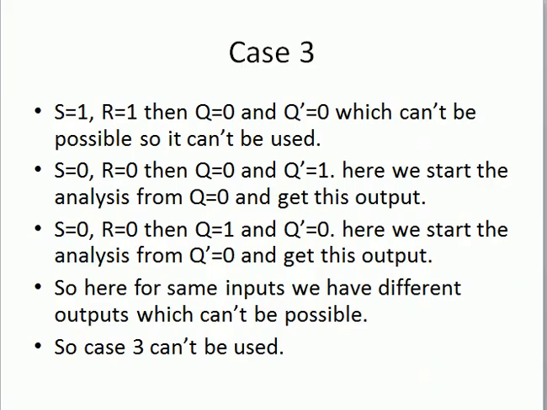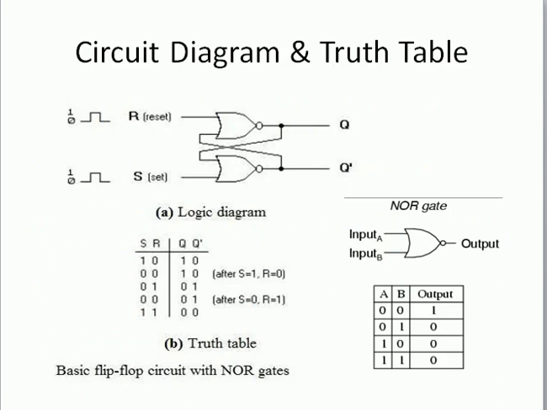Now when we have 1 1, what will be the output? Let us do it here. So now when both are 1 1, from this table we have the output 0 here, so we have 0 here and 0 here, because here is also 1 and here is also 1. So 0 here and 0 here.